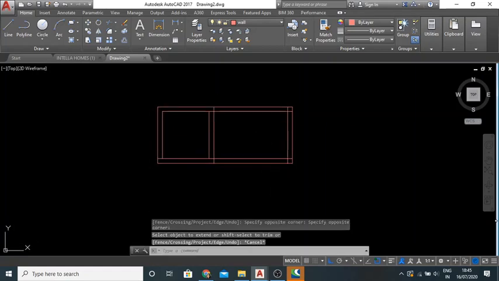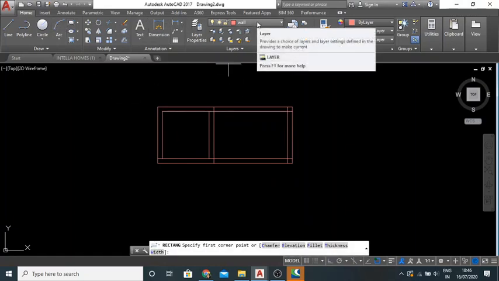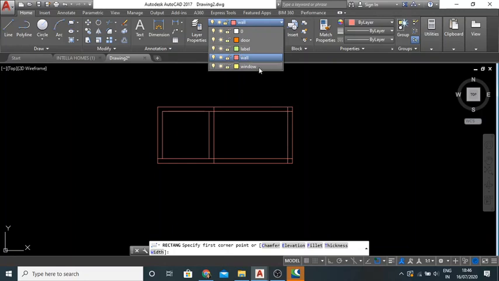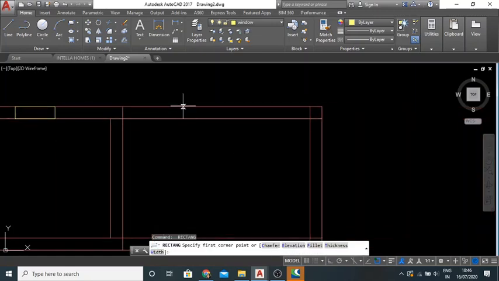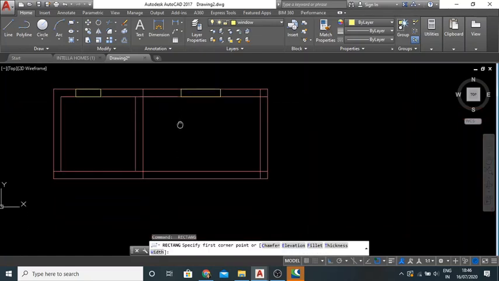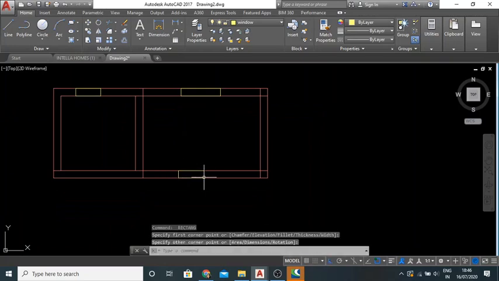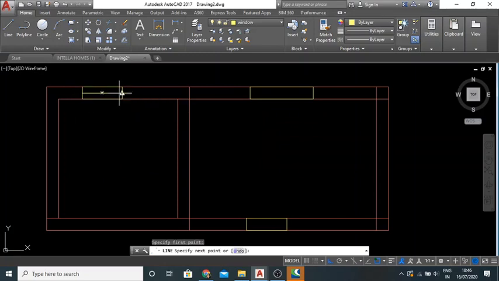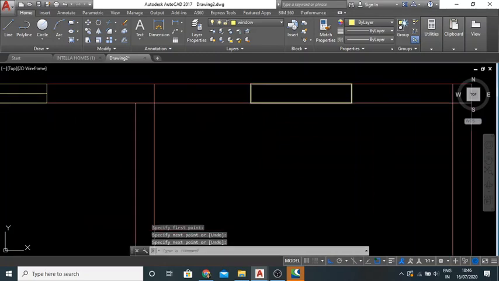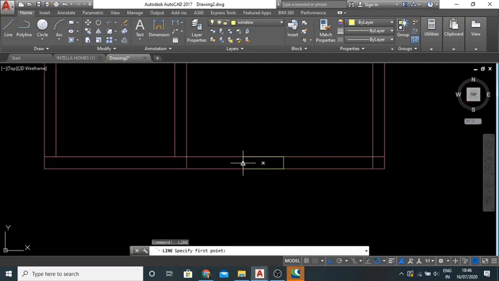For example, now I want to create a window. For this, select the window layer. I'll just give an example using a rectangle.